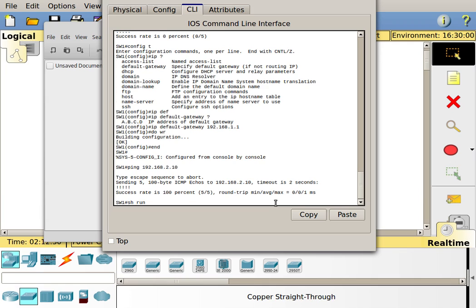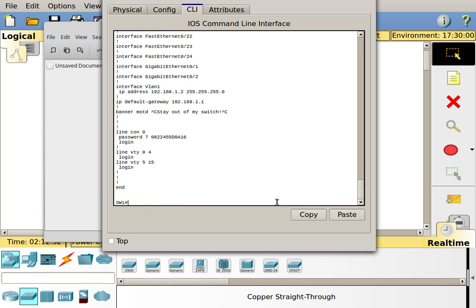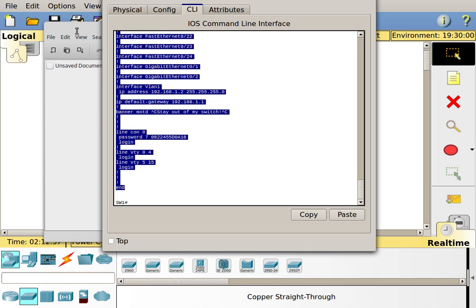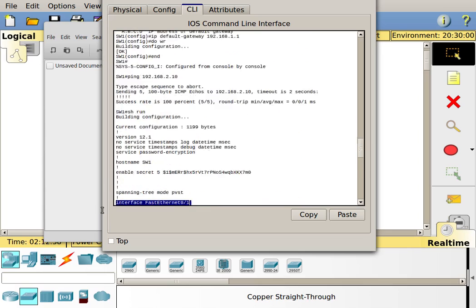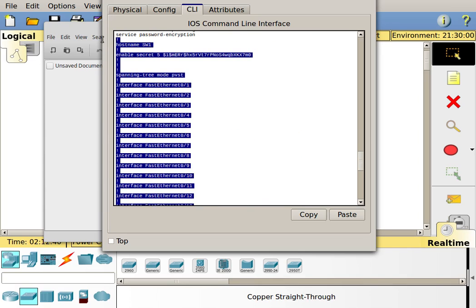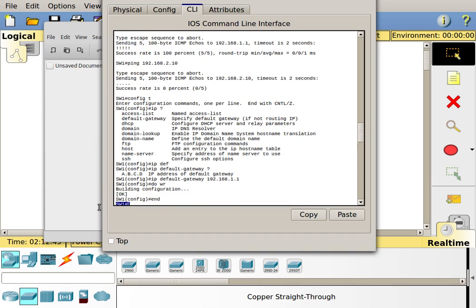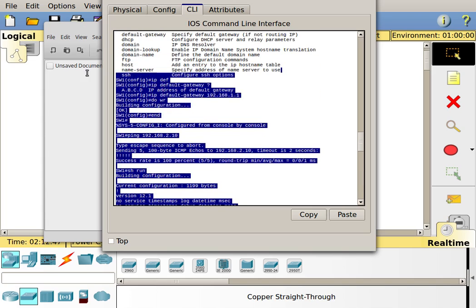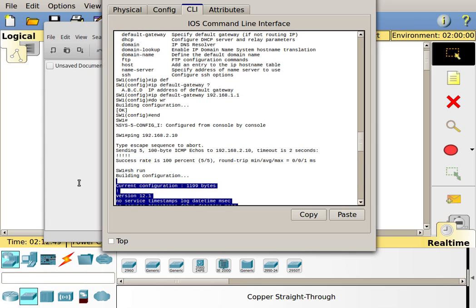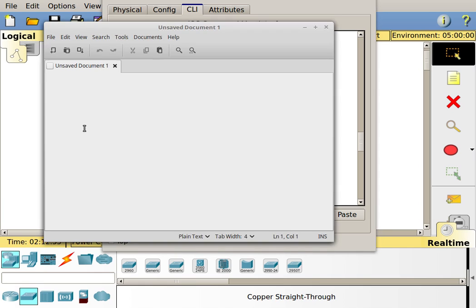And I'm going to do a show run. And I'm going to go ahead and let the whole thing go, and I'm going to come here, go to the end. And I'm going to copy from the very top, which is where we have, let's see, right below building configuration. It says building configuration, current. I'm going to grab underneath that and right there. I'm going to go ahead and copy that, and I'm going to put it over here in my